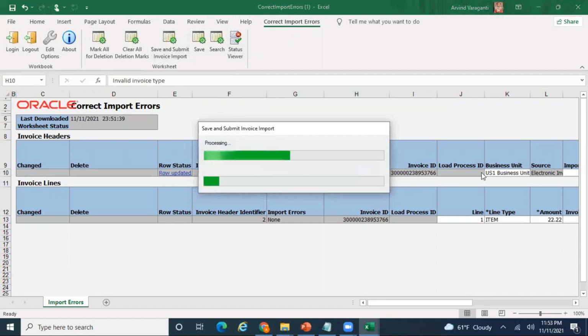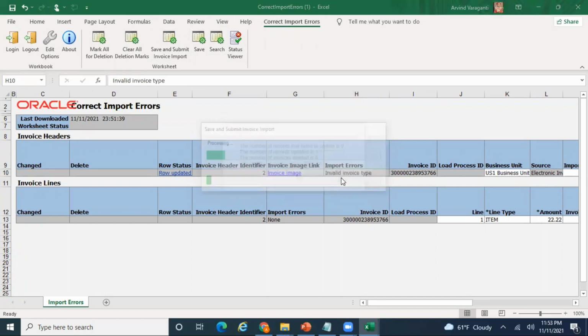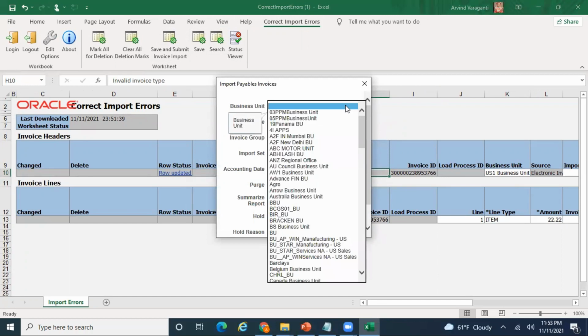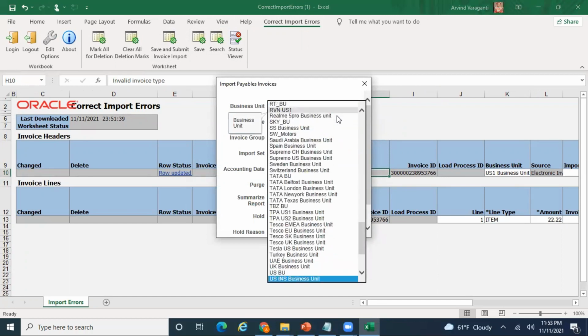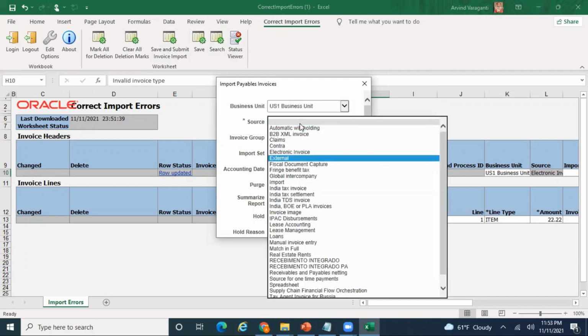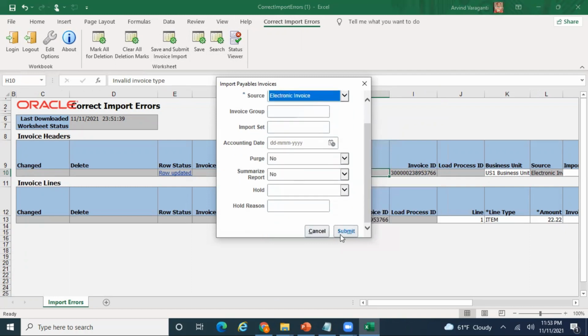Okay, select the business unit and the source under the parameters: US1 business unit, and then electronic invoice, submit.